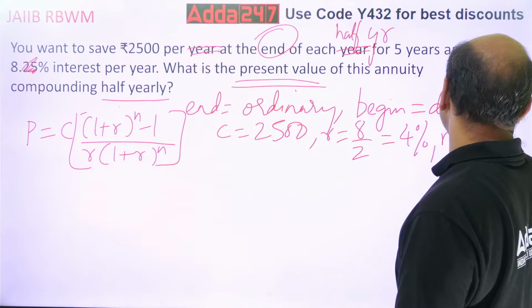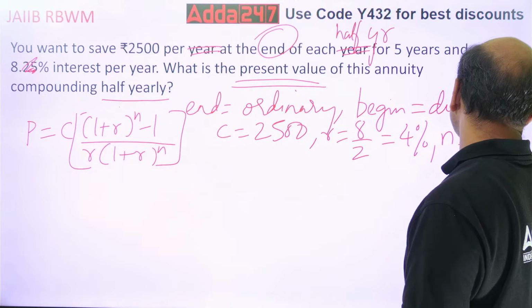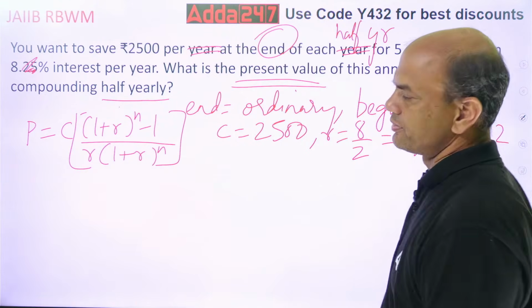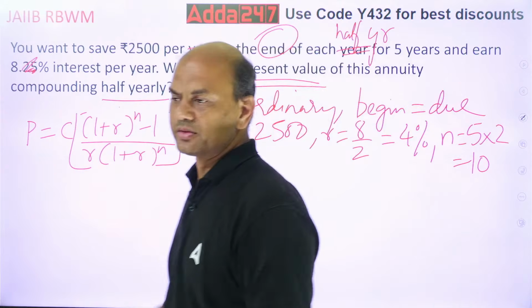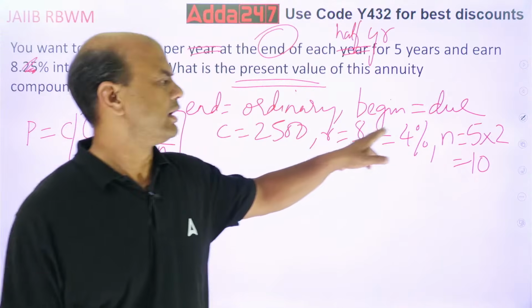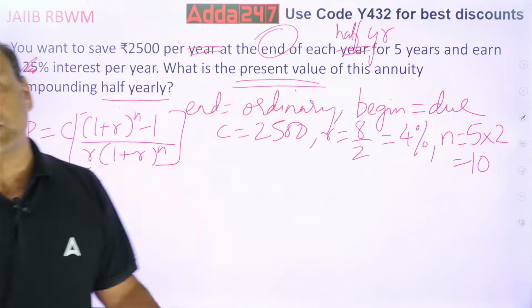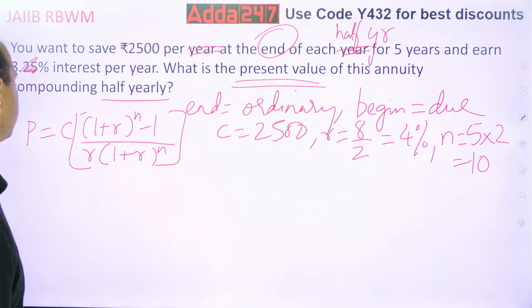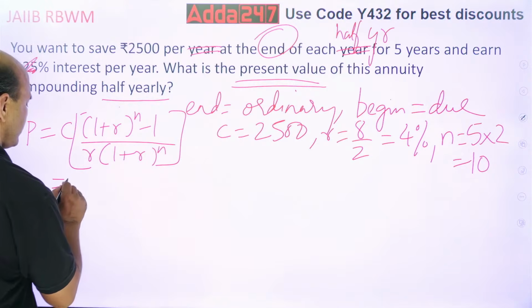5 into 2, so 10 years. You can write it as 10. So these are the figures now: C, R and N. Now find the answer. That is equal to 2500